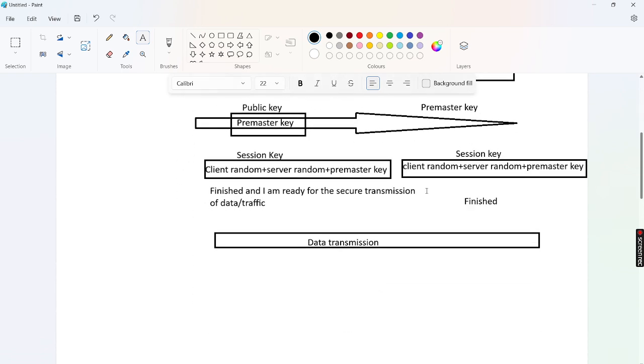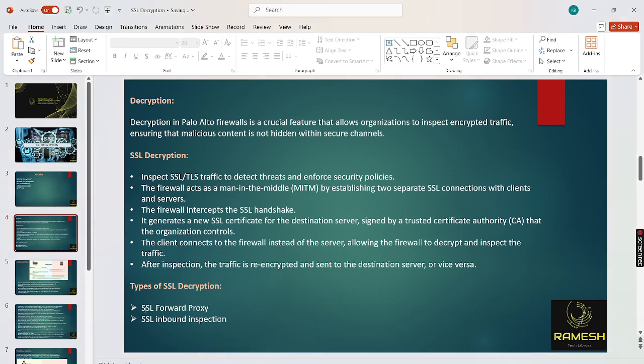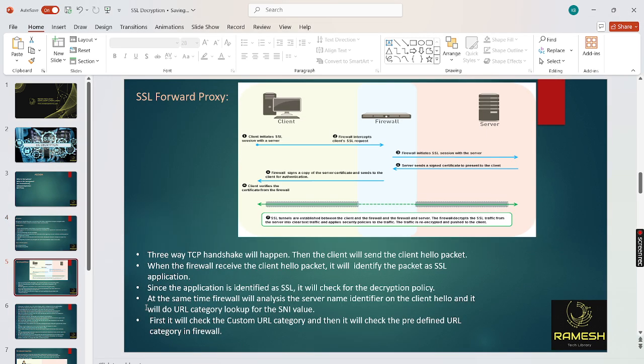Now we can come to the firewall in between. The first one is the SSL forward proxy. How will the firewall be in the middle of the client and server? We can call the firewall a man in the middle. It will be sitting in the middle, and whatever the client is sending, before getting into the actual data,